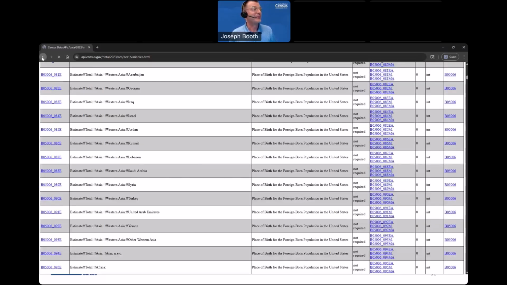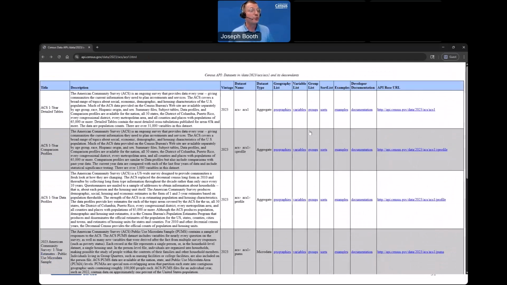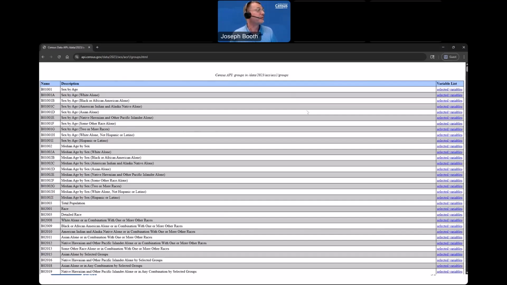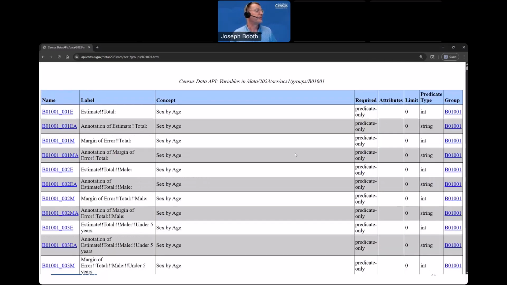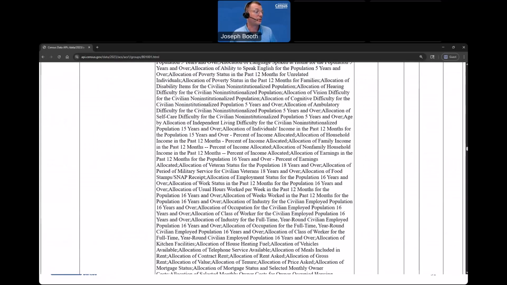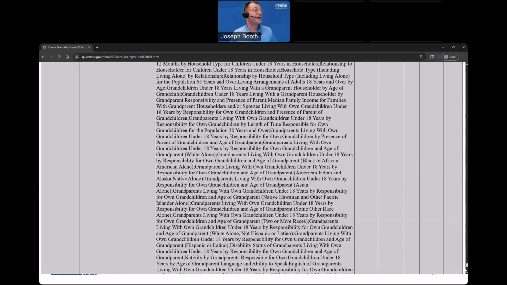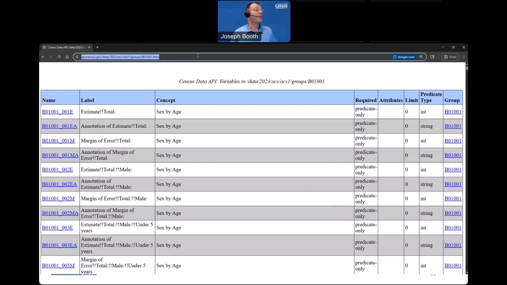So it's still not finished loading. So I'm going to go back here and show you from the groups endpoint, this is a little bit more efficient. So let's take a look at B01001, and we're going to take a look at the variables that get returned here. And now we see, here's our label that we saw earlier, right? Now we see this page is much faster to load. I can scroll almost all the way down to the bottom. It is absolutely 100% every variable that is for table B01001.